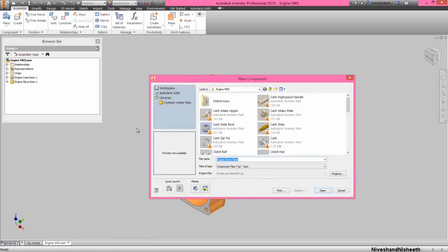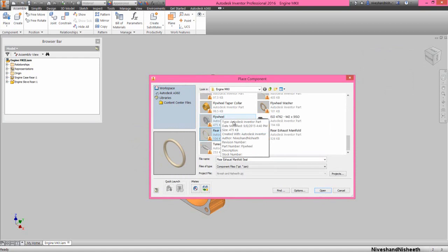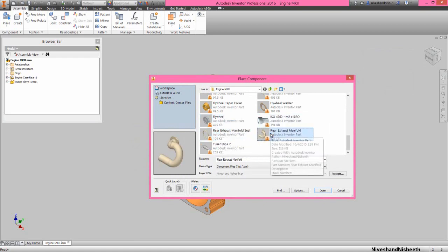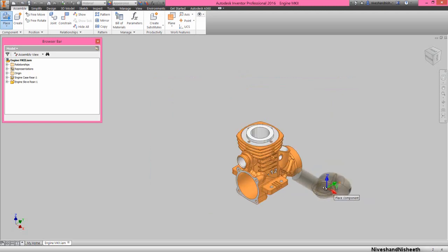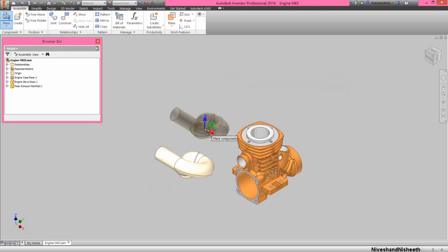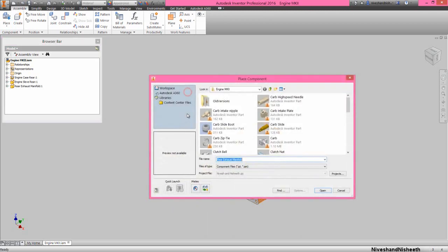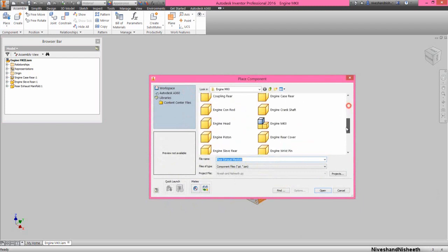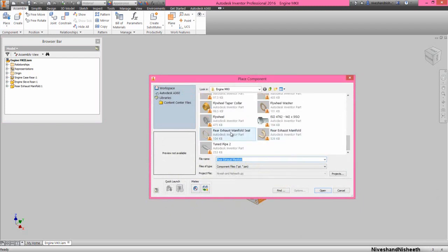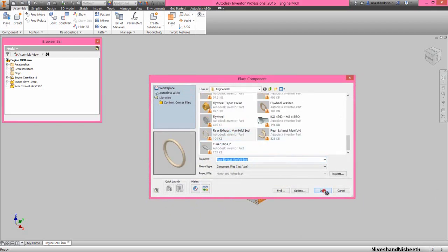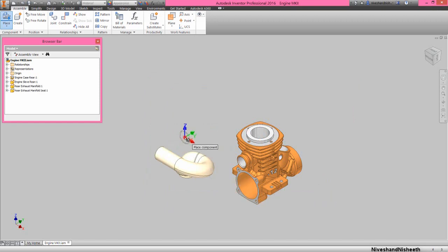Now place component command once again and place the part rear exhaust manifold in this assembly. Now activate the place component command once again and select the rear exhaust manifold seal and place the part in this assembly.